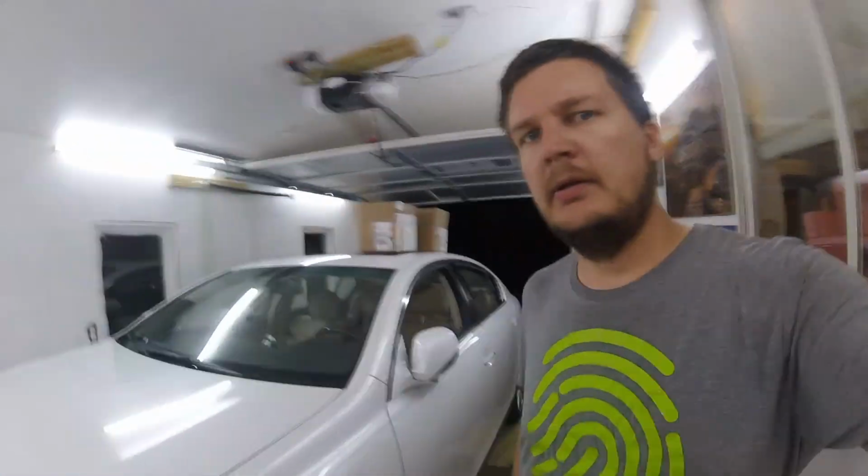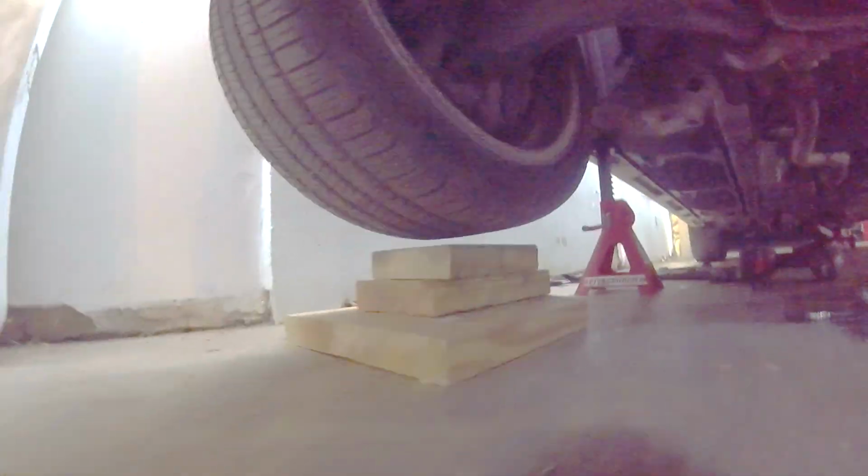First of all, I'll show you where to jack the car. So in the front, this is the oil pan here. You don't want to jack there, but there's another circle right in front of it. My Pittsburgh low profile jack could just barely get to it. But yeah, jack there, and then I have the jack stands at the two sides and some safety wood under